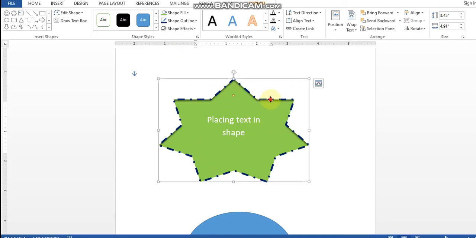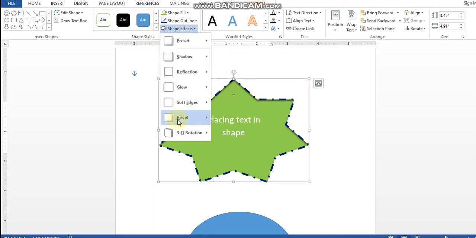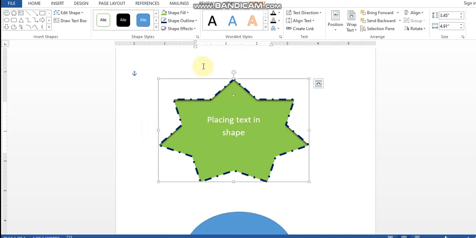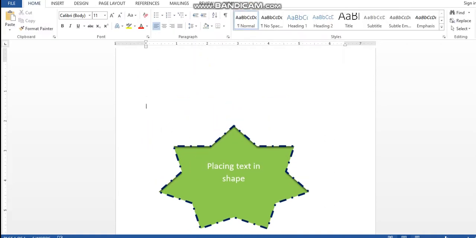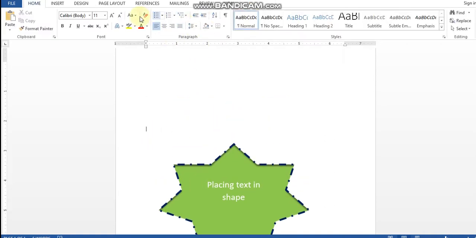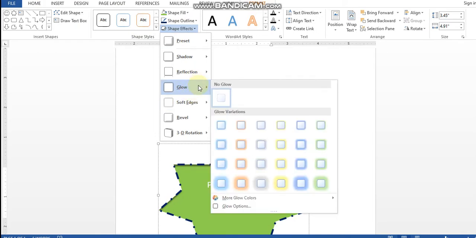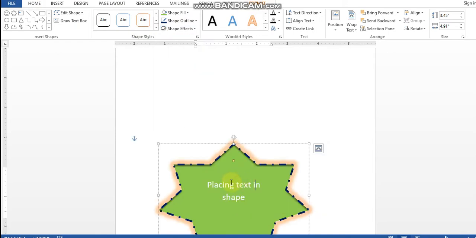If you see shape effects, bevel, can you see the changes in the previous image? Actually it is not clear because it is coming on the option. Let me show you now. Click format, shape effects, glow. See, the glow has come to your shape.